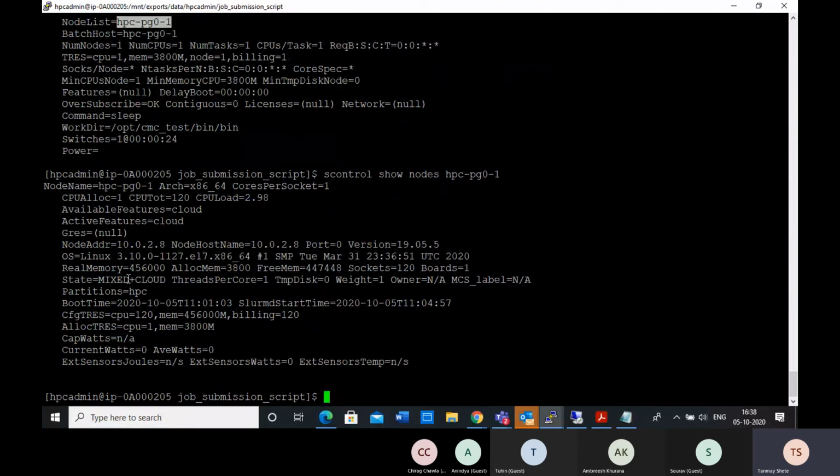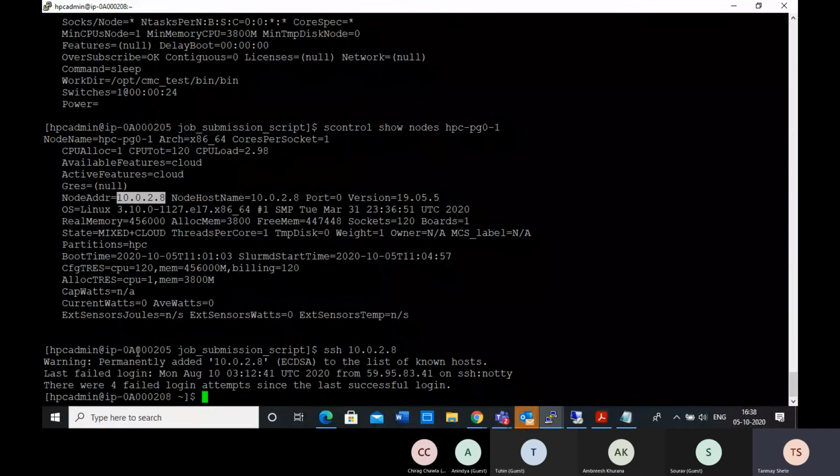And again you can do scontrol show nodes, and you can get information about this particular node. Now you can see the hash is gone, and mixed plus cloud is the state it stays in while it is running. Now suppose I want to go onto that node. Then you can just take this IP address, 10.0.28, and do SSH.